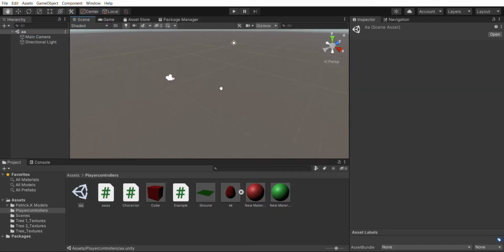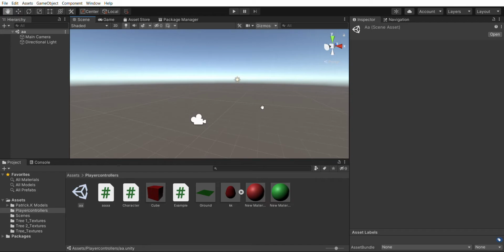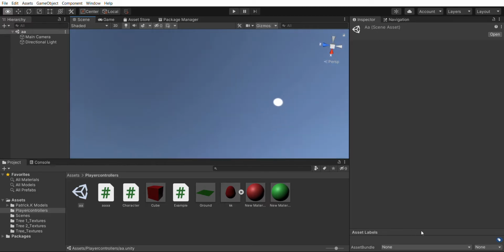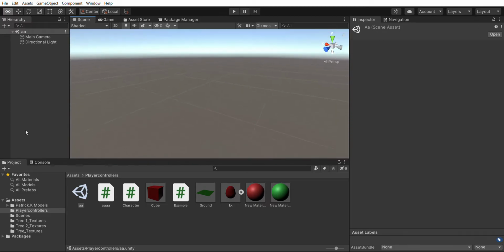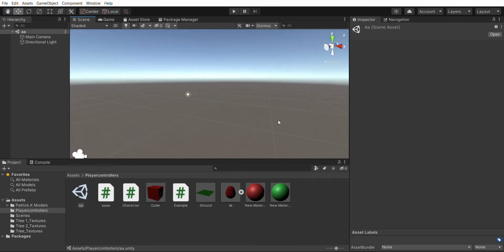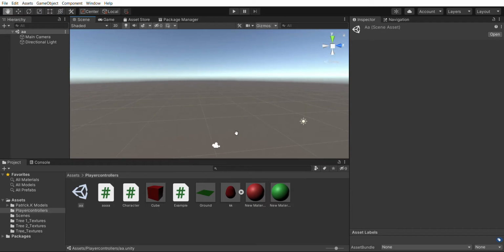So when you open Unity, you get a user interface like this. This is not very user friendly. As you can see, the sky is blue, and there we can see the sun. Here it is, everything black. Looks like we are in hell. Okay, so you get a user interface like this.